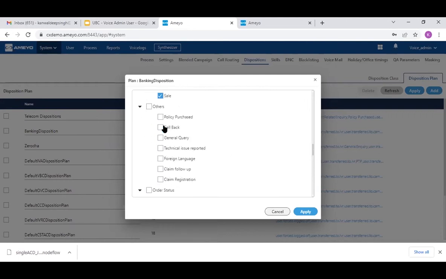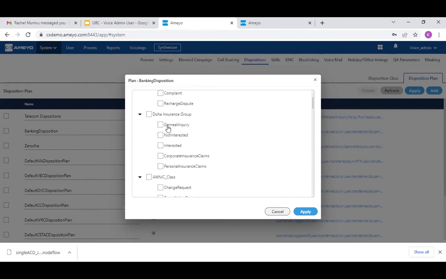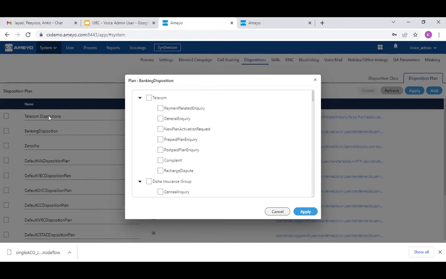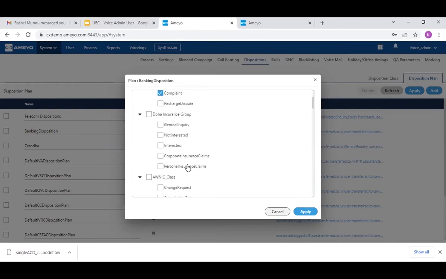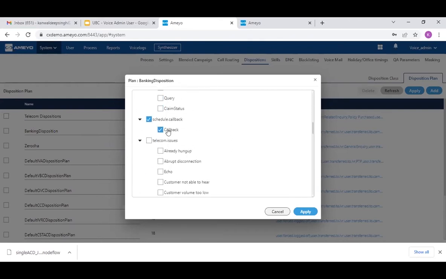So they would be able to see all the pool of dispositions in this disposition plan. You can even choose a disposition from another plan or class as well. For example, from a telecom class, I want to choose a disposition such as complaint, which might also work under the banking process. I can just select that. Another disposition can be callback, which might be common for all the processes or all the classes. All of this I would be able to do over here.